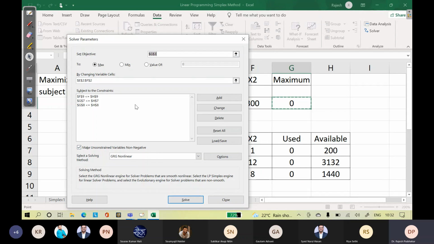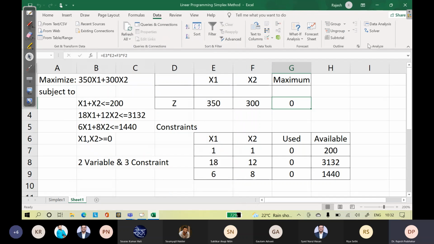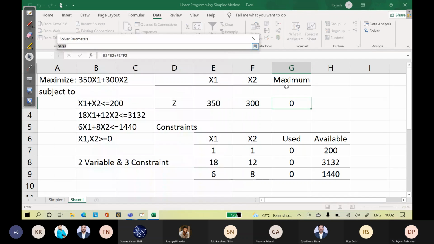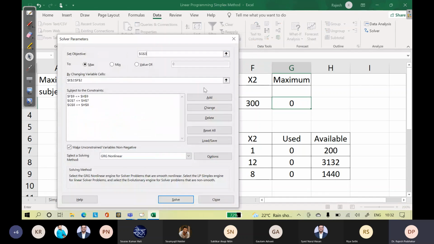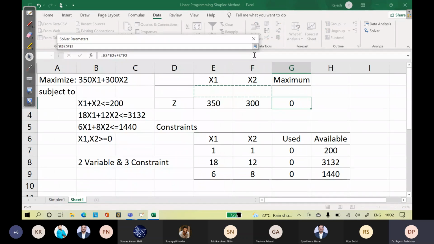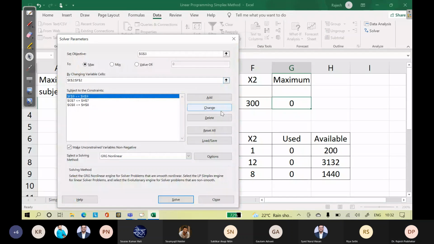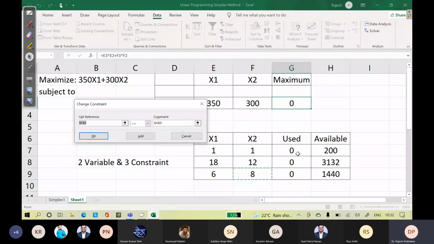So I made a mistake again. Okay, 1 second. Let me do the solver again. Maximum is this cell, comma, by changing the values in this cell, comma, change constraint, cell value is this.